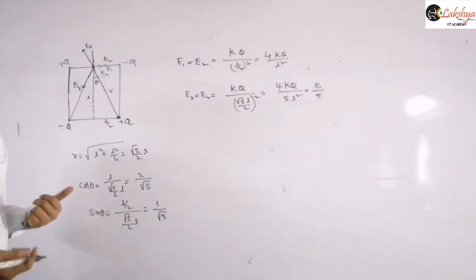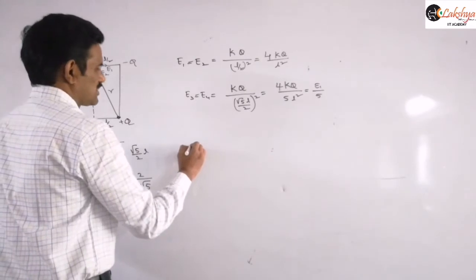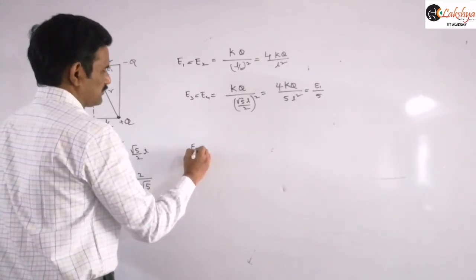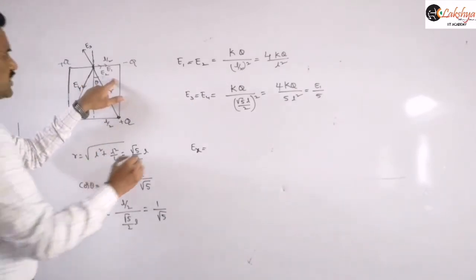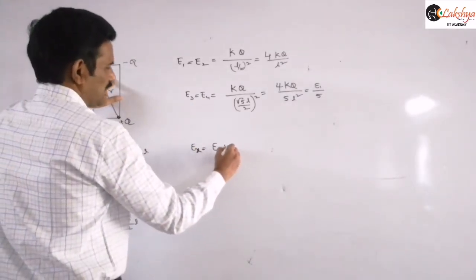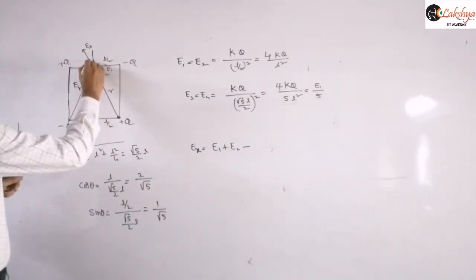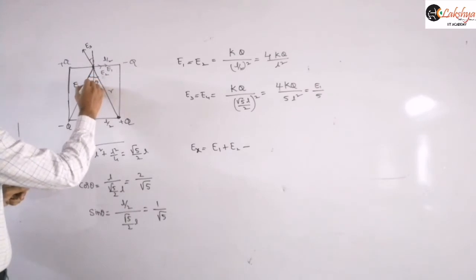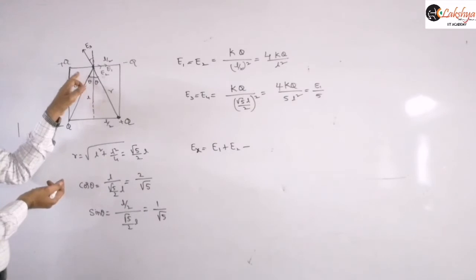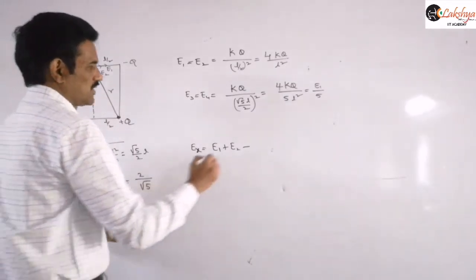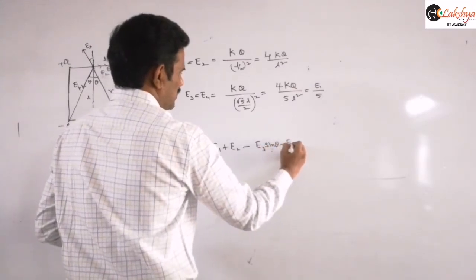Now just resolve them into components and I can find these values. Suppose I am finding the resultant x component, the x component of the field here. These two are along the positive x direction. So I can write E1 plus E2 minus, now their component will be the sin theta component you will get. This angle is theta and this angle will be theta. So for this angle you get the sin theta component and for this also the sin theta component. E3 sin theta minus E4 sin theta.